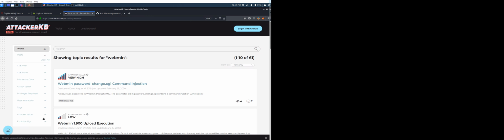As you can see, for SSL, when we are using HTTP it gives an error, so we need to convert it to HTTPS. For that we have to set SSL to true. So let me set the command: set SSL true. Okay, so next we have to set the RHOST. So for that, the command is set RHOSTS to